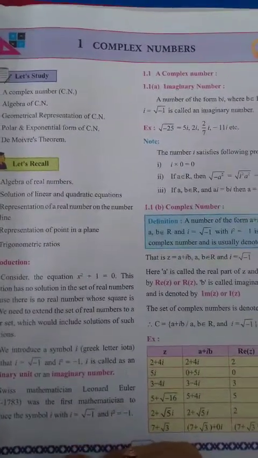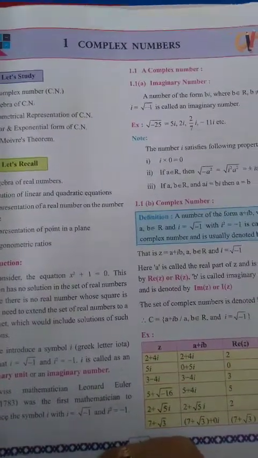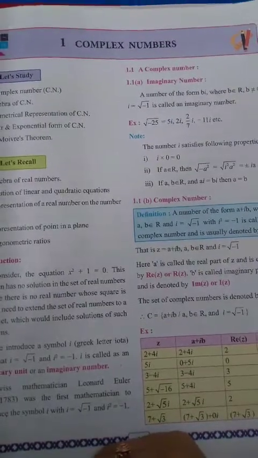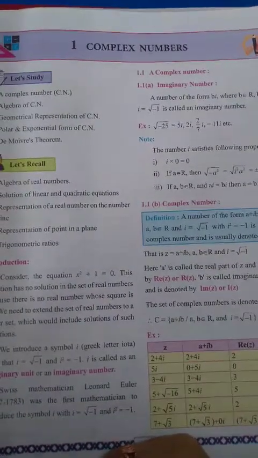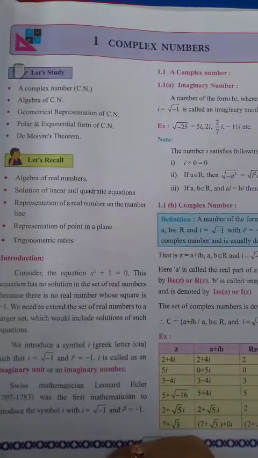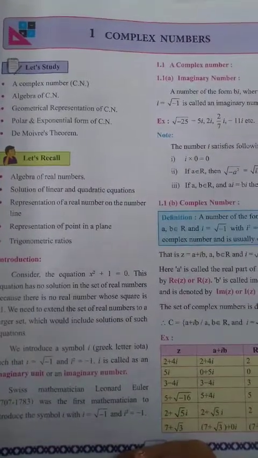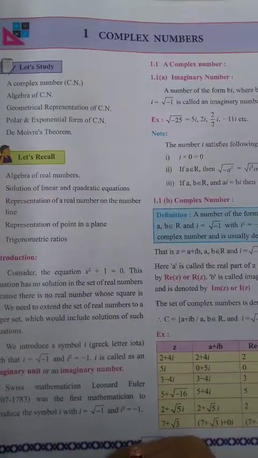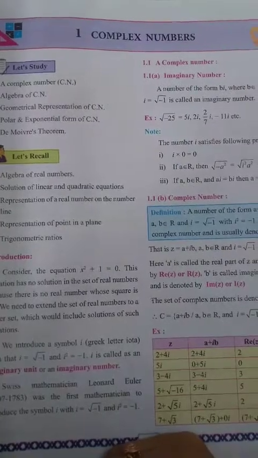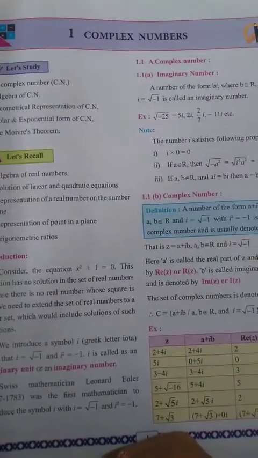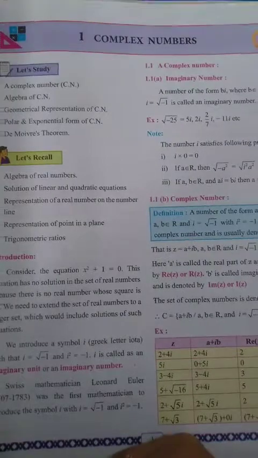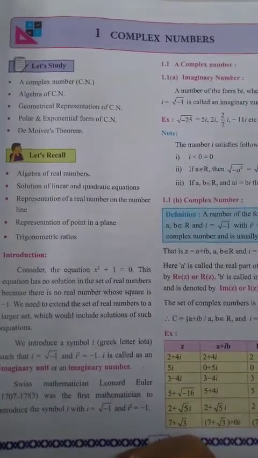Just like numbers, natural numbers. We all know that natural numbers start from 1, 2, 3 and so on. So the starting of natural numbers is from 1. Then whole numbers. Whole numbers start from 0. Then again integers, positive integers, negative integers which are present on the number line. Then rational numbers, irrational numbers. There are so many types of numbers.